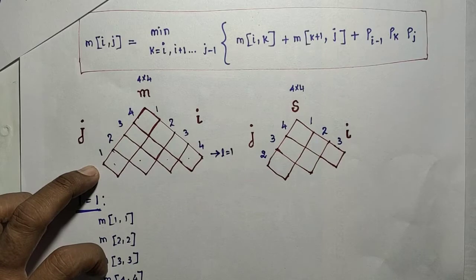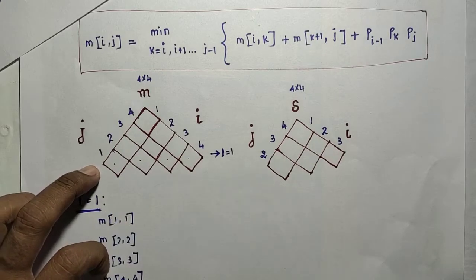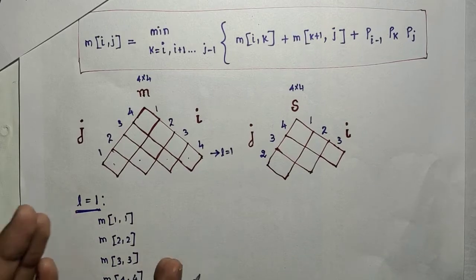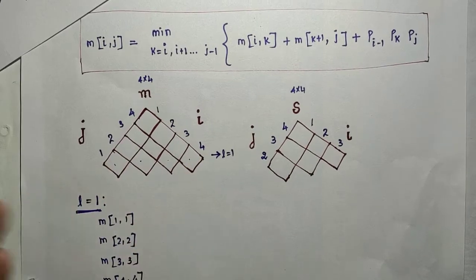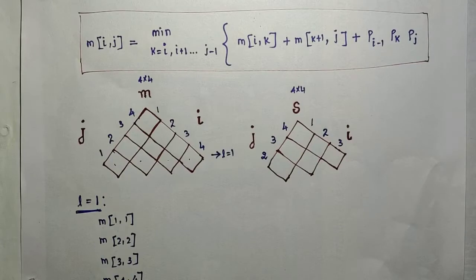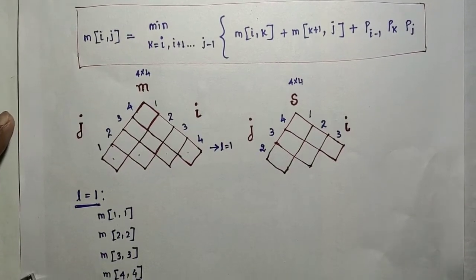Okay, length equal to 1. Four fields have to be filled. But here, for length equal to 1, for these four fields, there is no need to apply this formula. This formula we have written is not needed here,